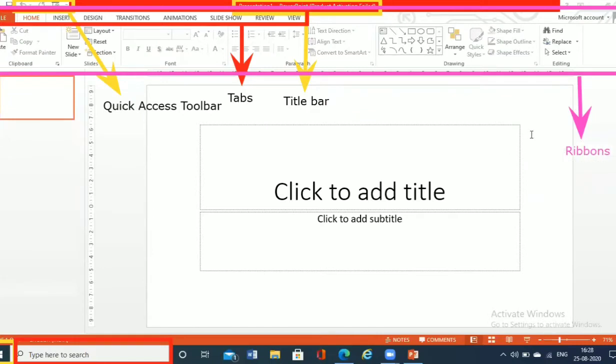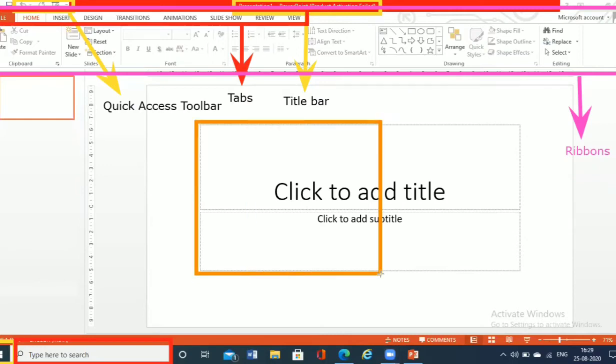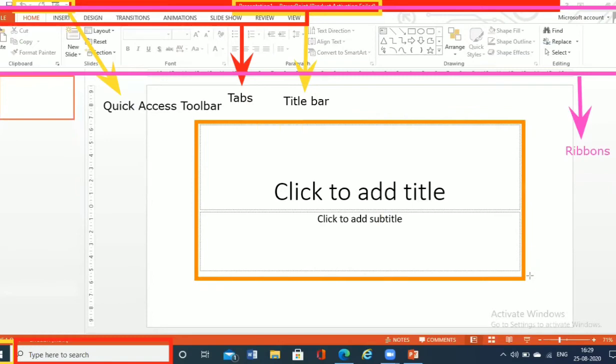Moving forward, we have placeholders. What is the function of the placeholders? Placeholders are the rectangular dotted line boxes which can hold all your text, your tables if you insert them, your pictures, your animations, and your videos.